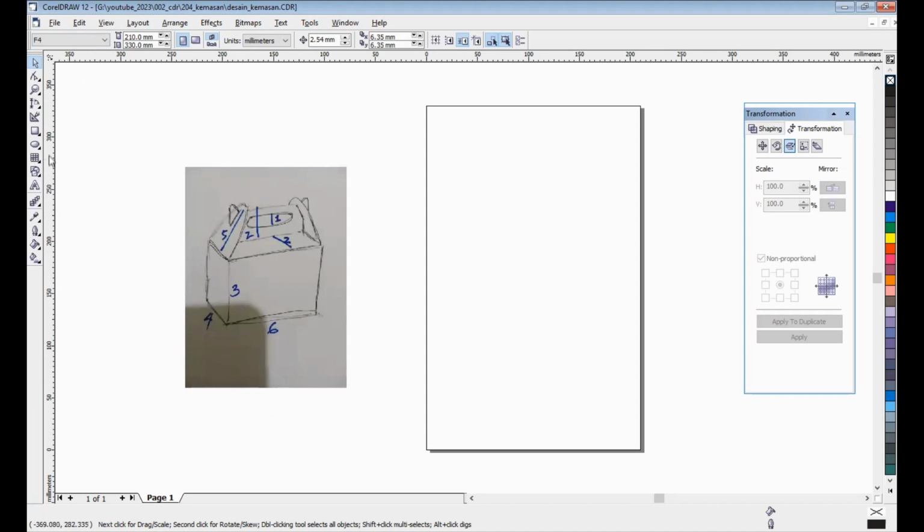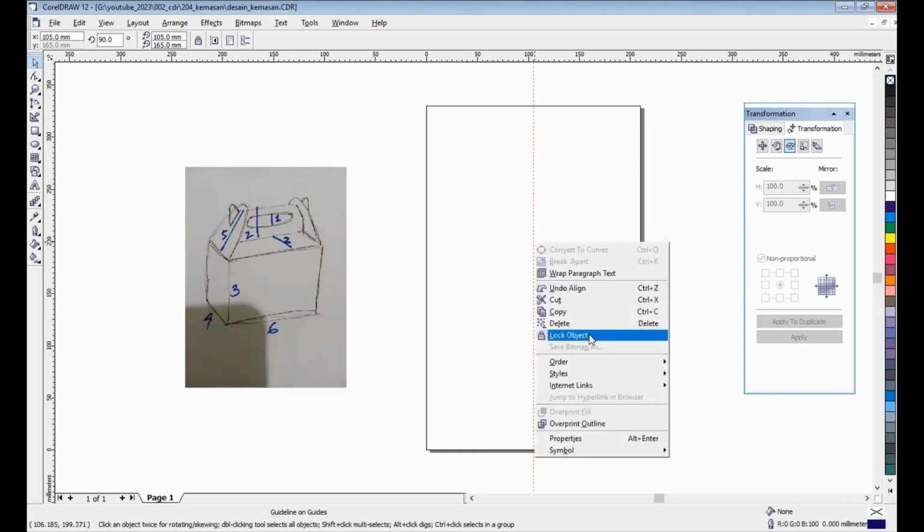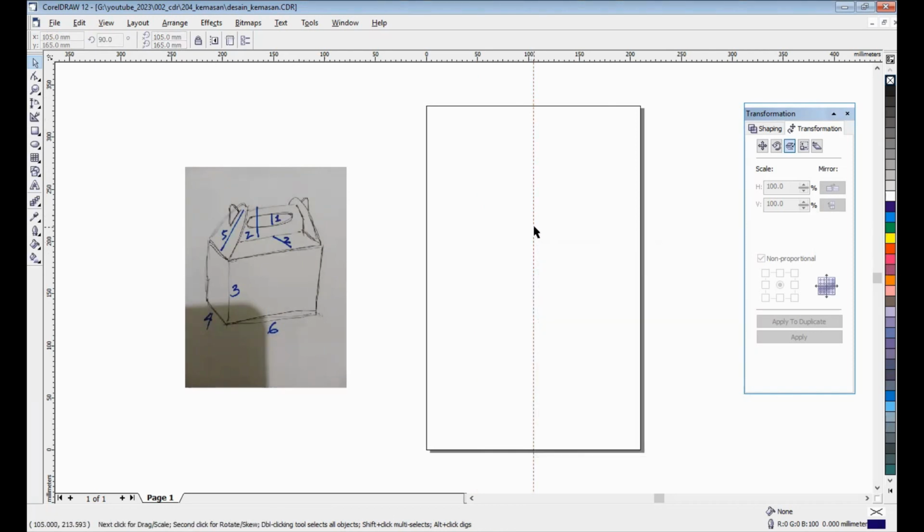Now I will take a guideline and then press the P button. It will move to the center, and then we right click and lock the guideline.